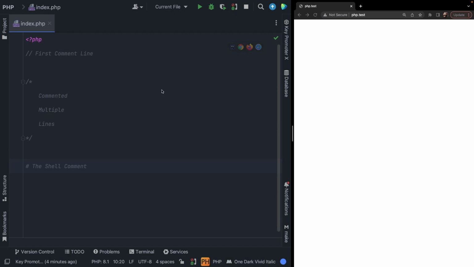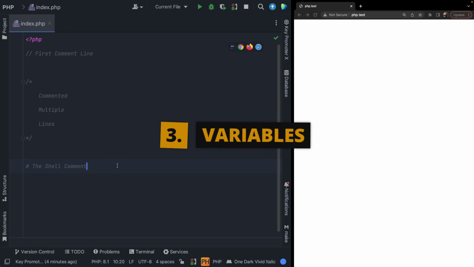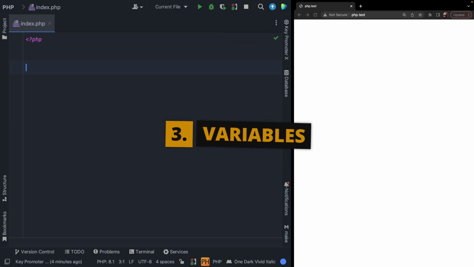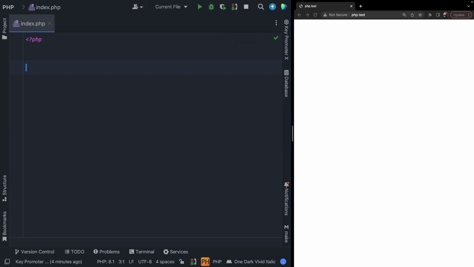Now the next topic that we're going to cover are variables. So let's get rid of all the comments that we have right here. And you can see a variable as a temporary data that will be stored in memory. Unlike other programming languages, PHP does not require you to declare a data type. And that's because PHP is a weakly typed programming language, meaning that you can use variables even without having them